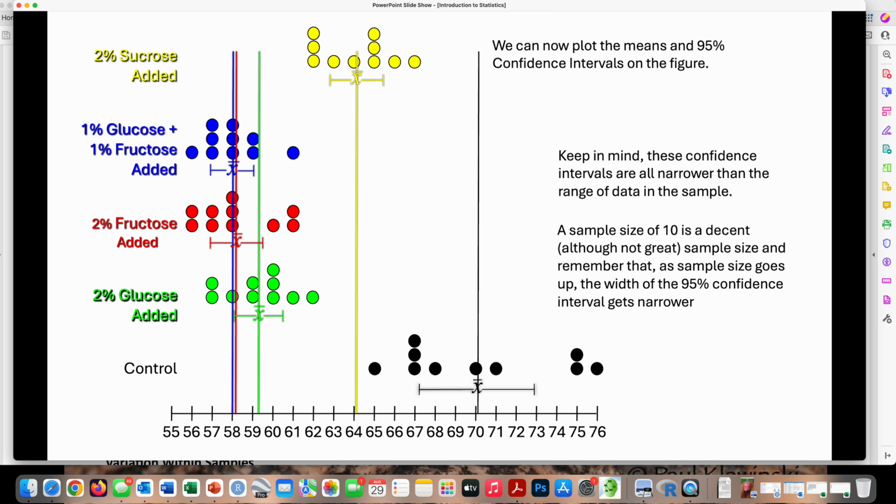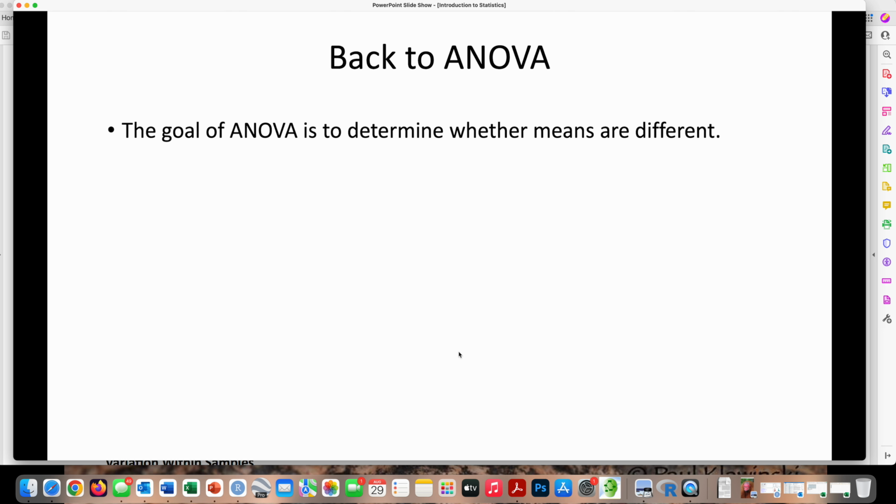And this is why it's useful to plot means and 95% confidence intervals rather than other ways of summarizing data, because this way of displaying data is inferential. It tells us what the results of the analysis of variance should be. There are differences, and these differences are that these are not different from one another, but these are different from both this, and this is different from this. So, getting back to ANOVA,